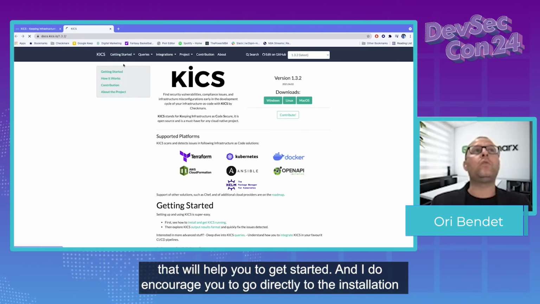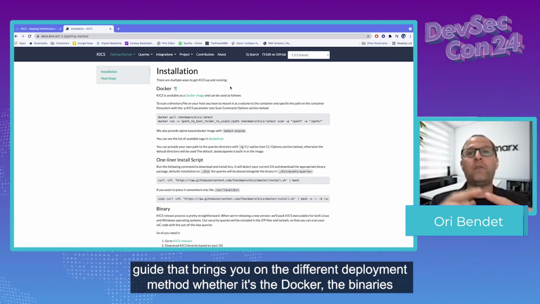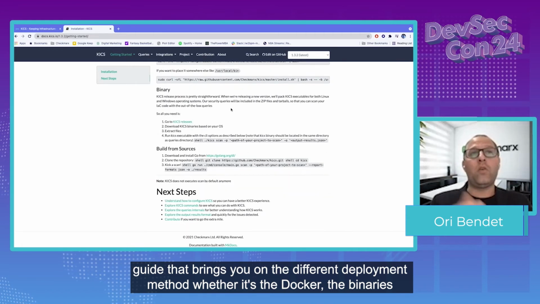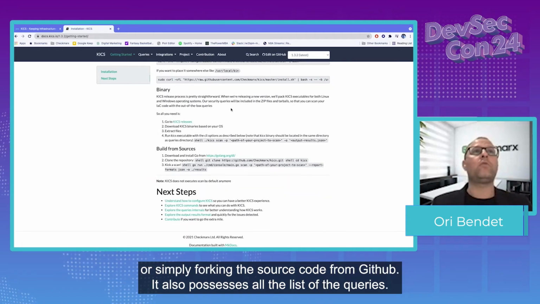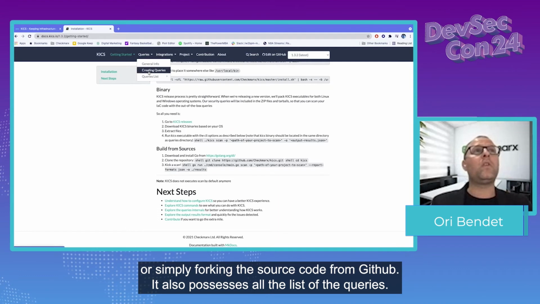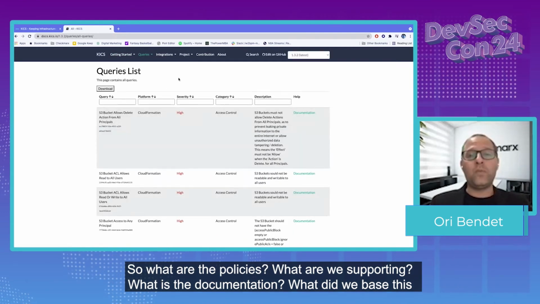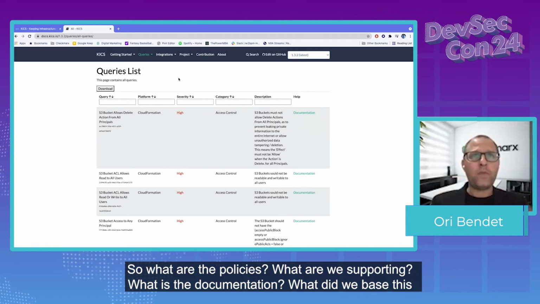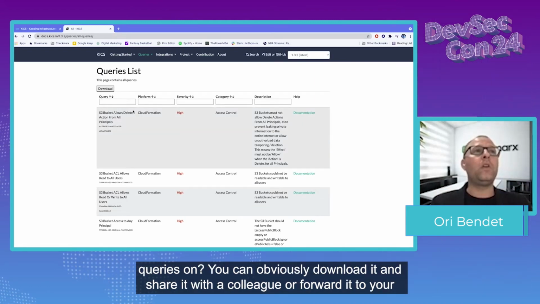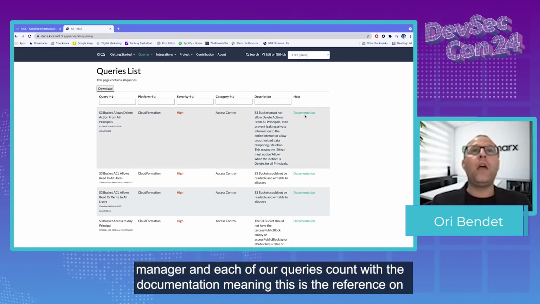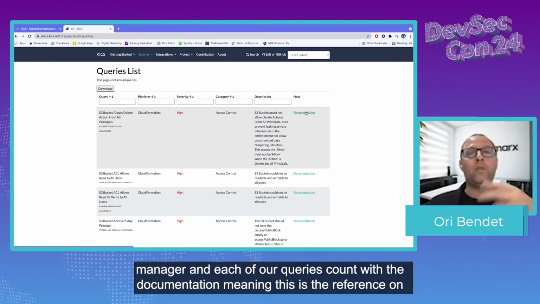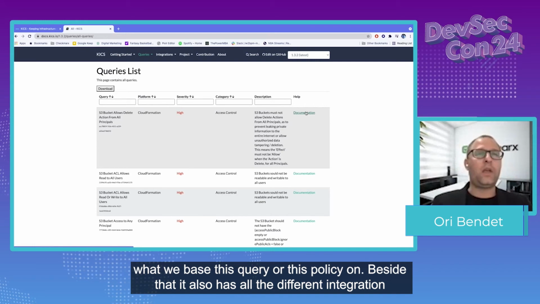And I do encourage you to go directly to the installation guide that brings you on the different deployment method, whether it's the Docker, the binaries, or simply forking the source code from GitHub. It also possesses all the list of the queries. So what are the policies? What are we supporting? What is the documentation? What did we base these queries on? You can obviously download it and share it with a colleague or forward it to your manager. And each of our queries come with the documentation, meaning this is the reference on what we base this query or this